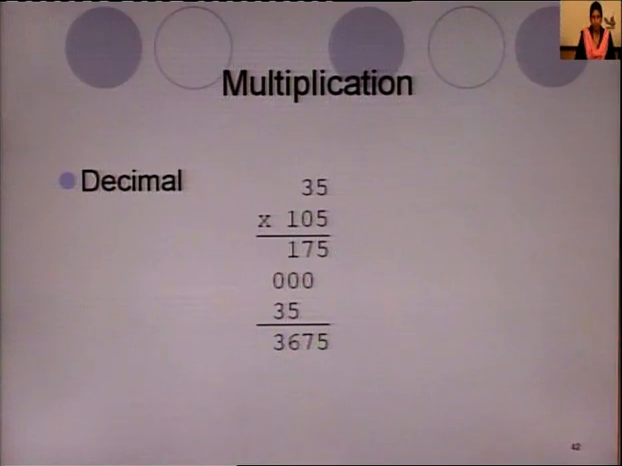In the next row we write the result of multiplying 0 into 35, that is 000, because anything multiplied by 0 is 0. Again we multiply 1 by 35, that is 35, and the result is 3675. No doubt it is a very easy process, everyone knows how to multiply two decimal numbers, but the same process will be applied to